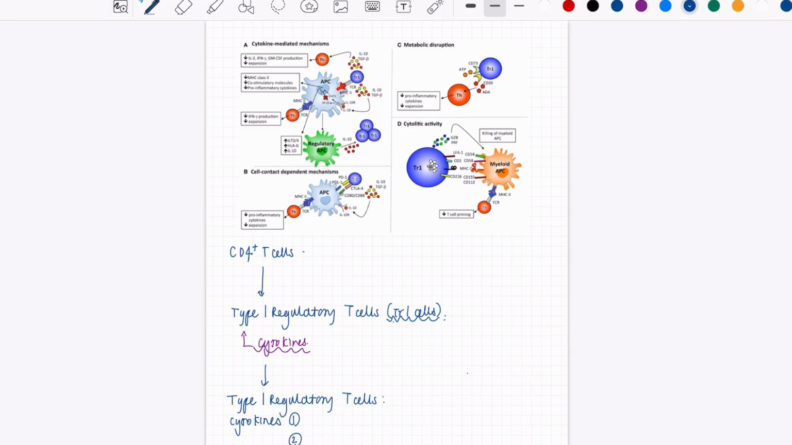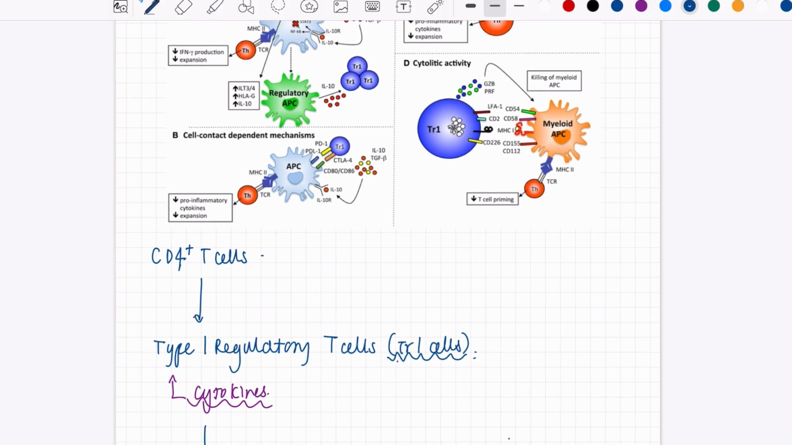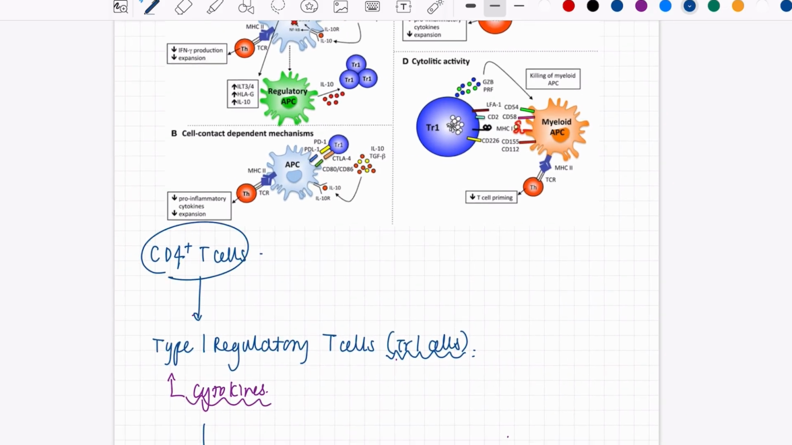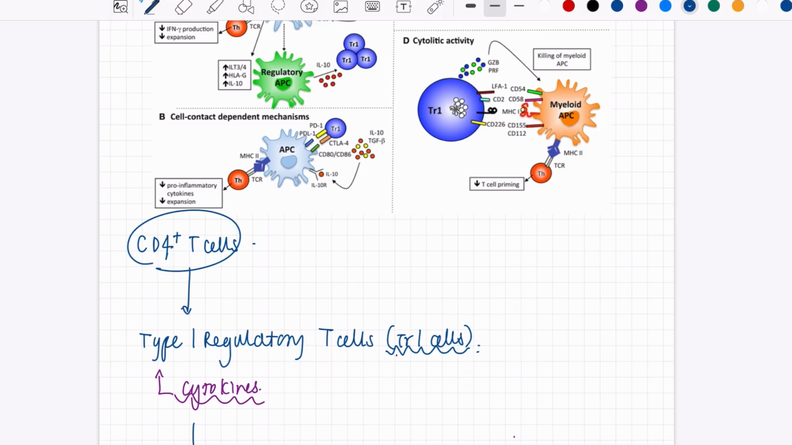Hi everyone, in this video we're going to look into type 1 regulatory T-cell mediated immune regulation in malaria. Now, during a Plasmodium falciparum infection, the immune system essentially activates a group of white blood cells called CD4 plus T cells. Now, the CD4 plus T cells essentially help coordinate the body's defense against the parasite, but a more in-depth